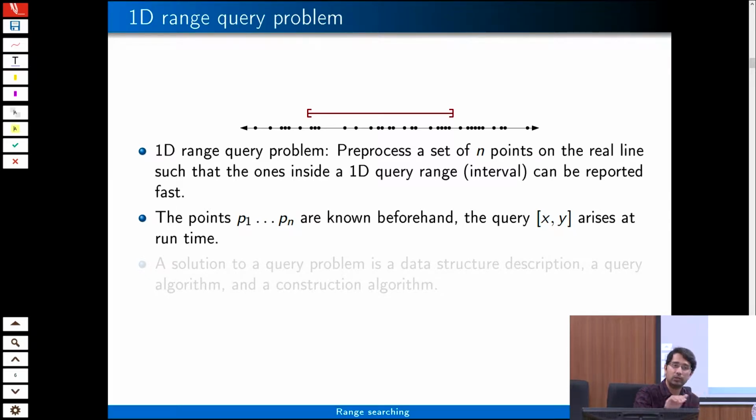So, I can keep the sorted order of points and look for this particular element in the sorted sequence. Suppose I find that the range is here. What I will do? I will keep reporting the points till I reach the point y in the sorted sequence,